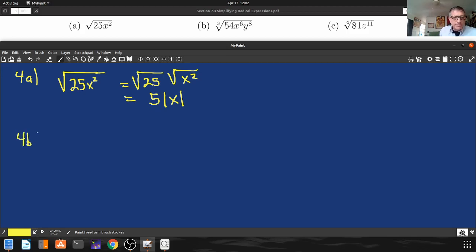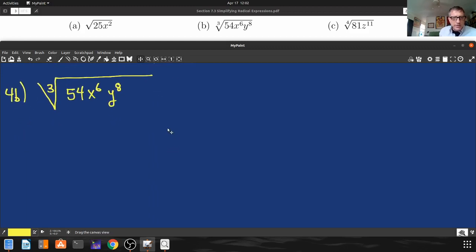4b. Let's look at the third root of 54x to the 6th y to the 8th. So what we're going to do before I even begin, I'm going to do the factor tree for 54. So 54